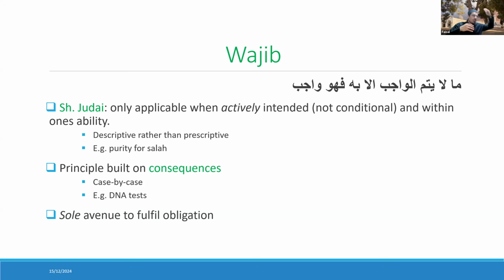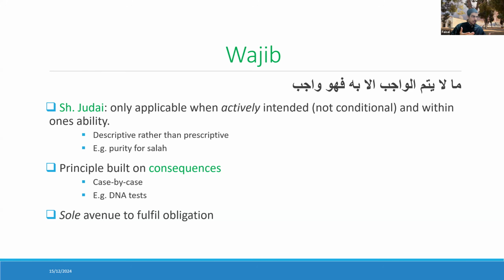So here too, when you have an obligation and you have multiple ways of fulfilling that obligation, then you can't specify any single avenue to be obligatory. And this is important. Why? Because this is a claim that I've heard before as well, and I'm sure the person also appealed to this principle: مَا لَا يَتِمُّ الْوَاجِبُ إِلَّا بِهِ فَهُوَ وَاجِبٌ. And the appeal was, what was the claim? The claim was